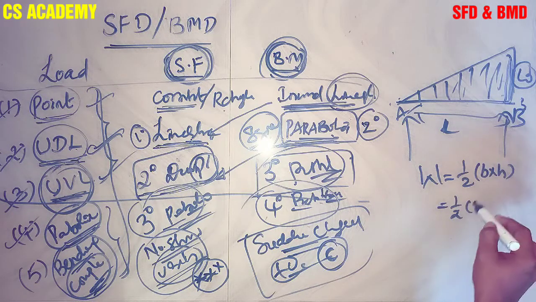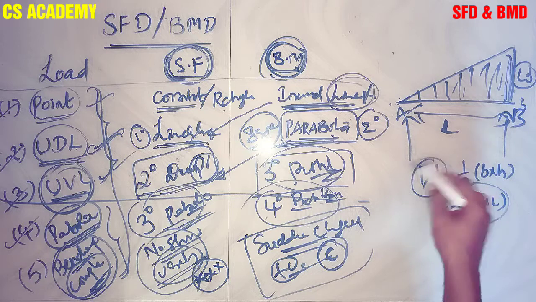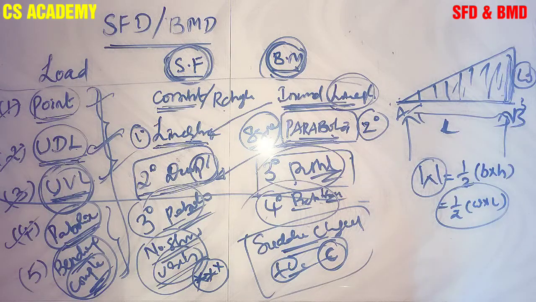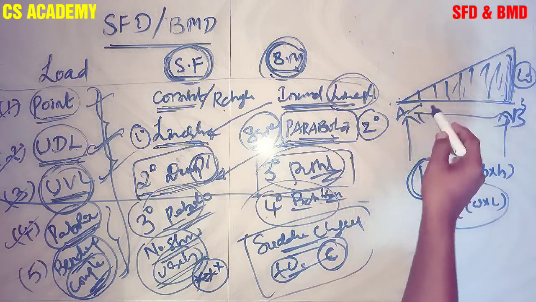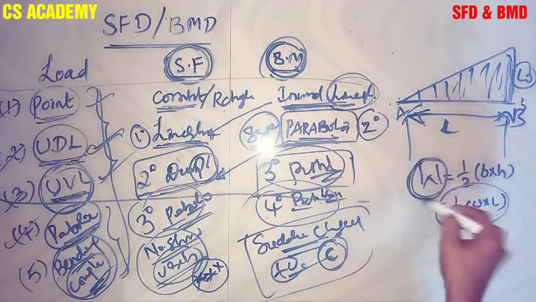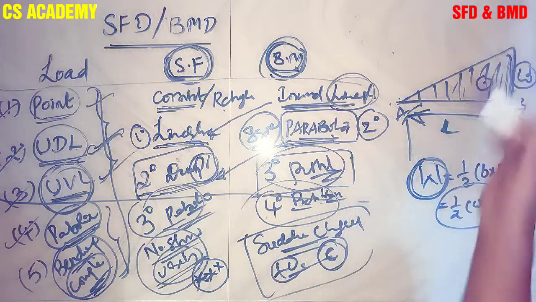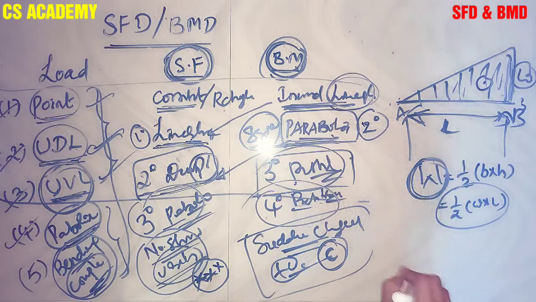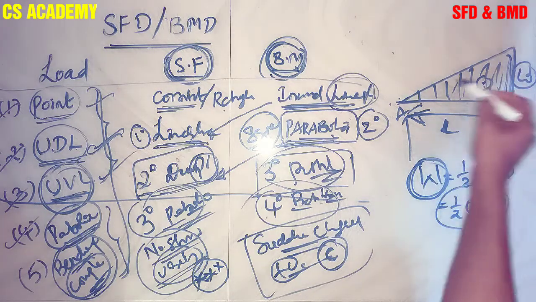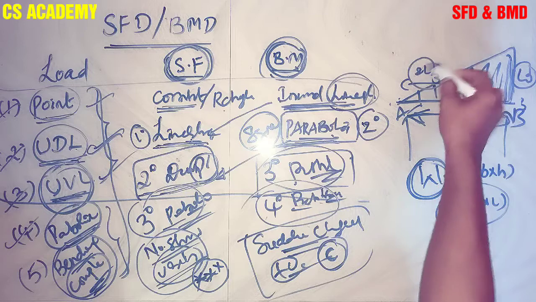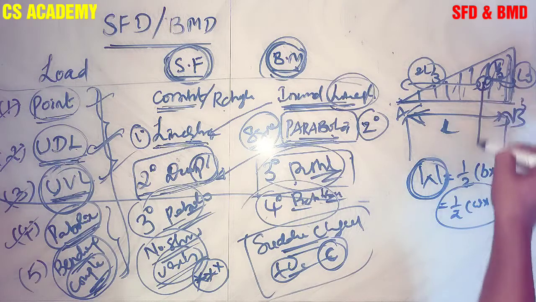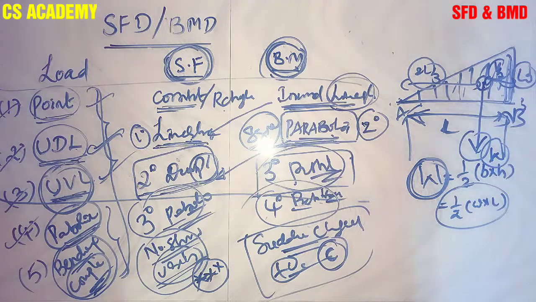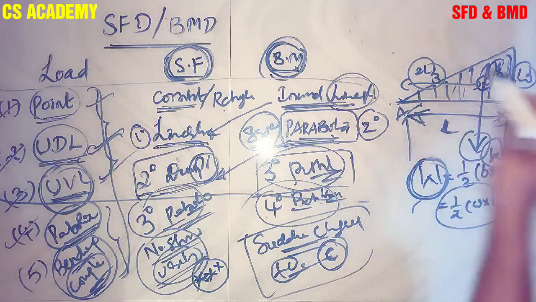That is half into load into length, which is the total point load of this uniformly varying load. The point is where this point load is acting on the beam's total length. It is acting at the center of gravity. Load is a weight, and the weight acts at the center of gravity of any diagram. This is the diagram for this triangle. The center of gravity is at 2L by 3 distance from the pin point and L by 3 distance from where the maximum load is acting. So this is the point where the total load W is acting. Like this we can convert the uniformly varying load into a point load.